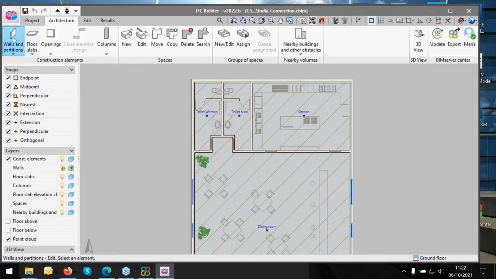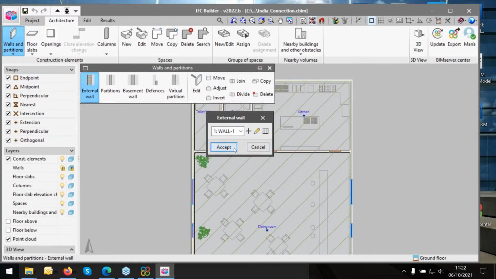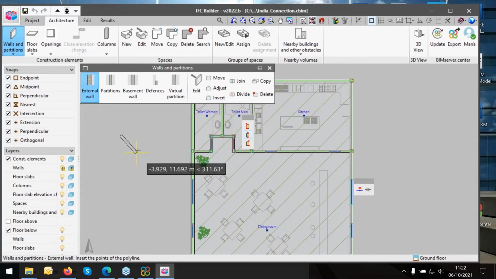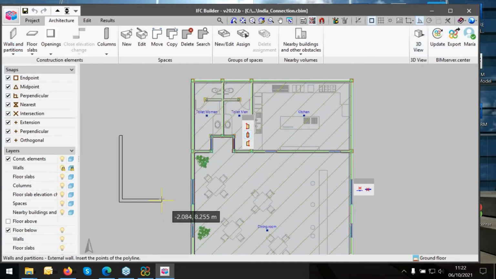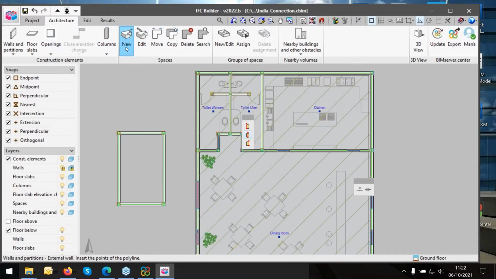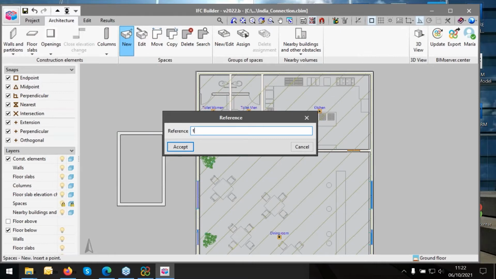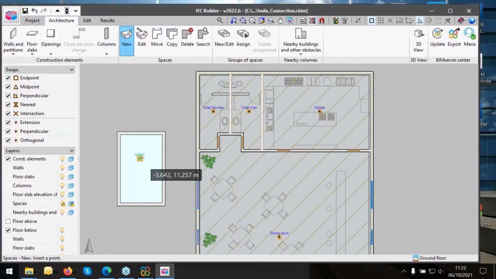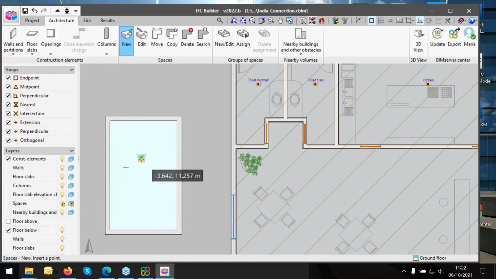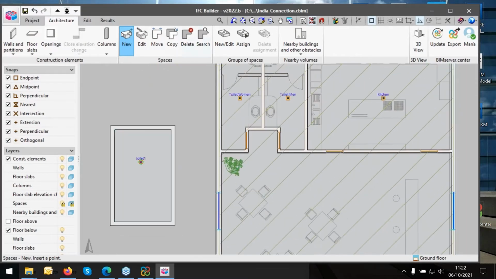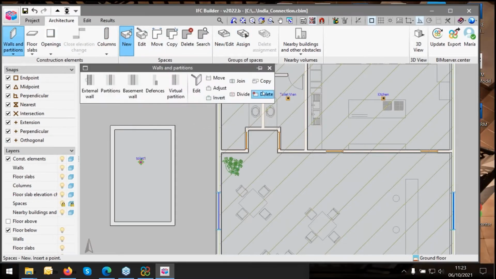So you can start drawing with the use of the template or not, and then by saying space new, you can give a reference, insert a point, and the program is going to read this geometry with surface and volume. Okay, so I think it's a good idea to try the program. I hope you